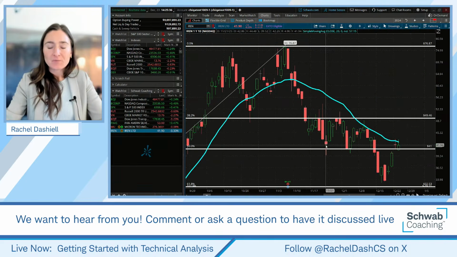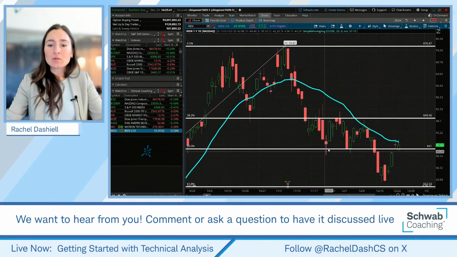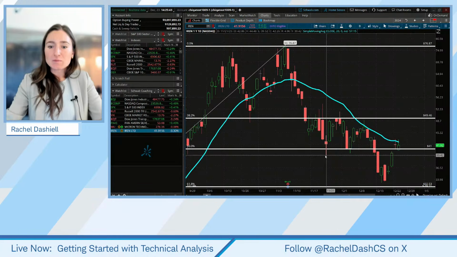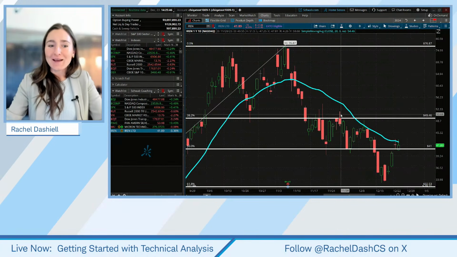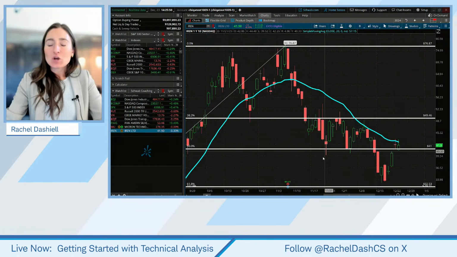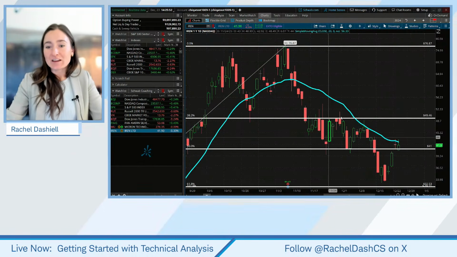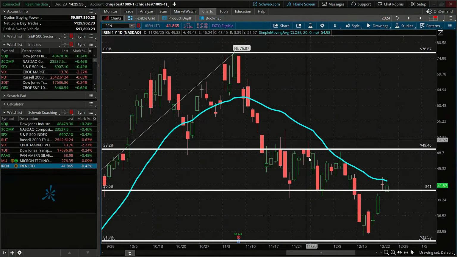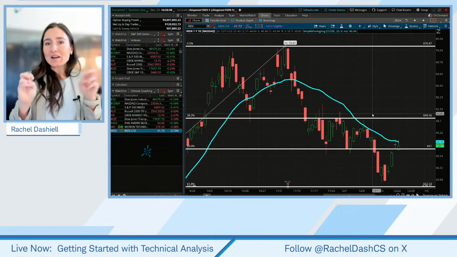So I'm going to zoom into here. We saw this break of that 50% retracement, which likely would have triggered a lot of stops, but then price just bounced back up to that 38.2 retracement within days. We even had a bit of a break there and then a reverse back down, and a break there and a reverse. So from a retail trading standpoint, if you have your stops in at those levels, it may show up as this quote unquote manipulation.